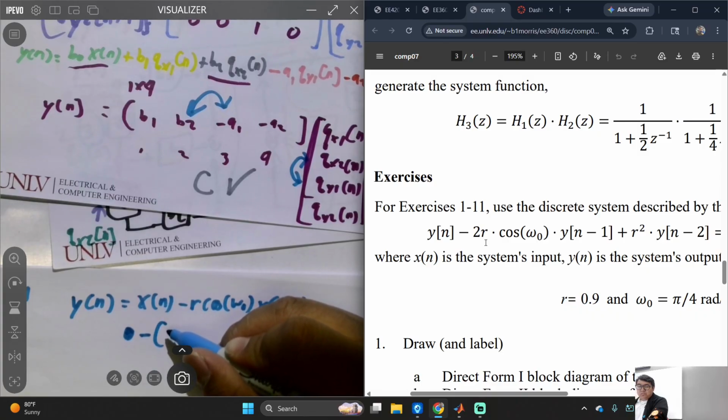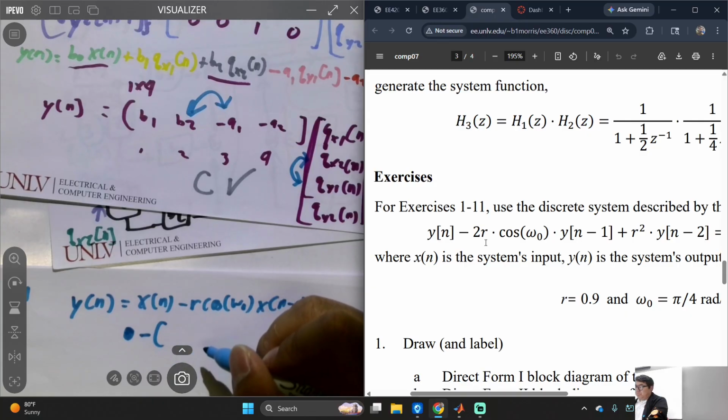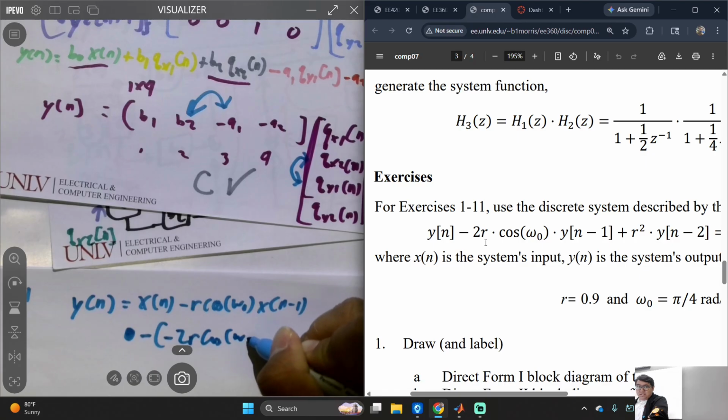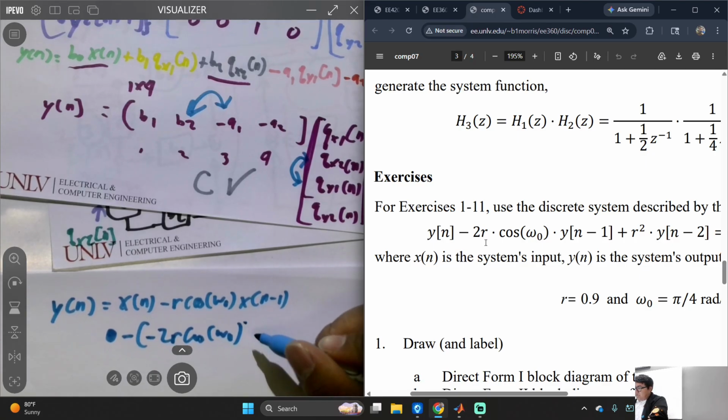So the plus turns into a minus. The plus should be plus 2r, but it's going to be minus r cosine omega naught y[n minus 1]